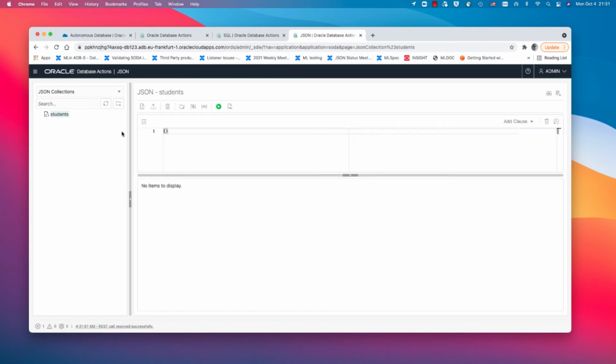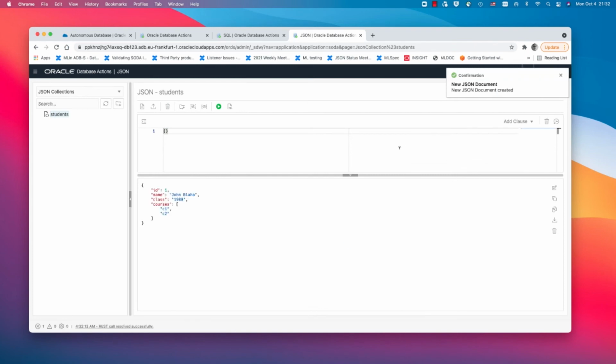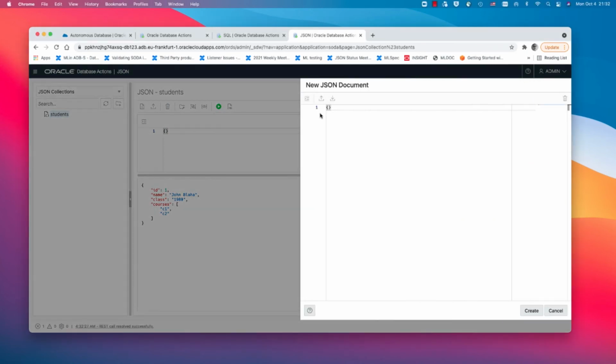I see it here, and then I can insert new data. Let me quickly copy this data. I have this on another screen, so you see my head tilting over, and this is one JSON document. I have a new student, it's John, and he takes these courses C1 and C2. So you see here that I basically have references or links from one document to another table, and we're going to see in a second that we can use joins over this. Okay, let's create another student here,